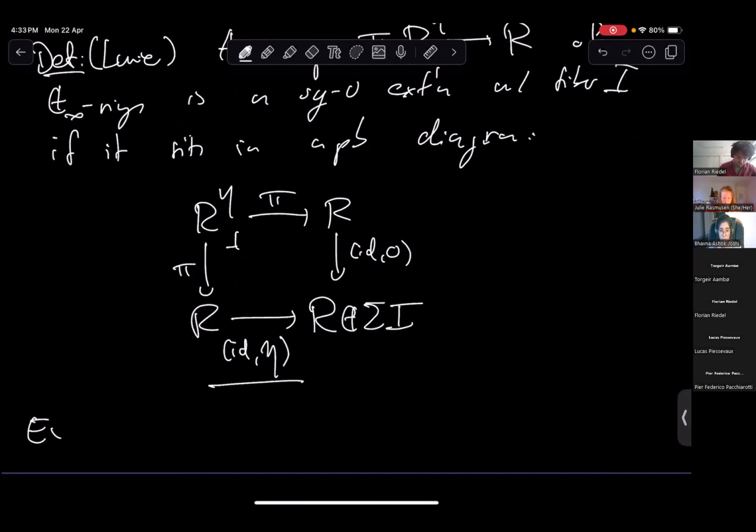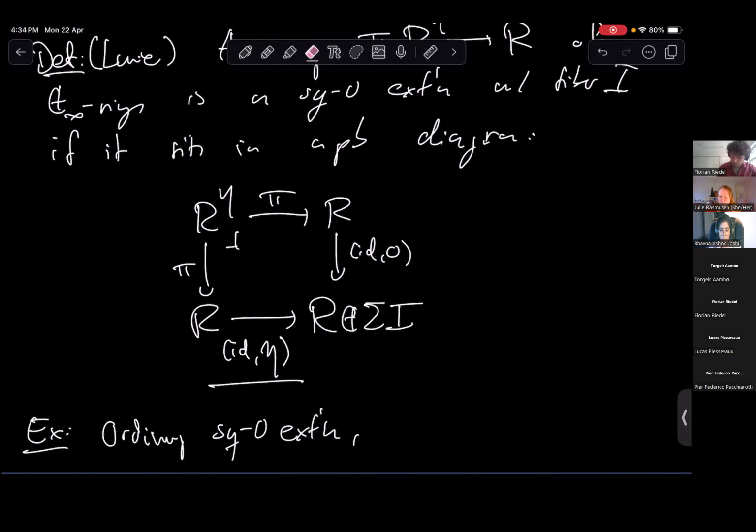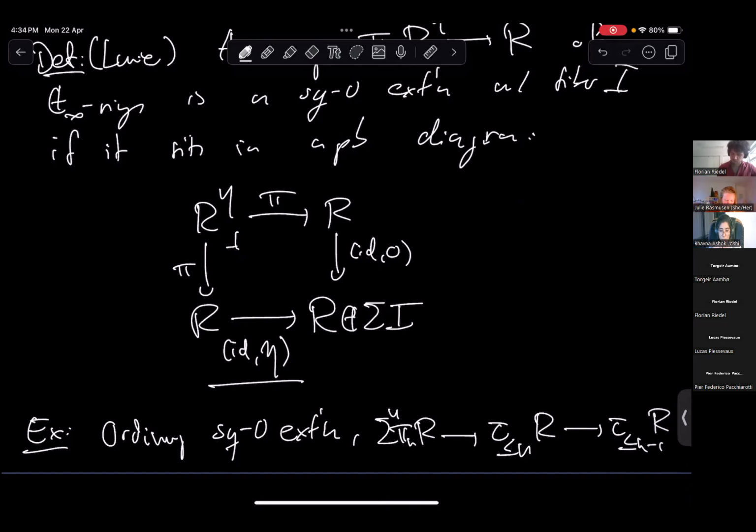And the reason I'm telling you is that examples of this are ordinary square zero extensions. And more crucially, this now allows us to take the Postnikov truncation of a ring, and this will have fiber pi n of R sitting in degree n. So any connective infinity ring you can think of as being built up iteratively by attaching the homotopy groups in a square zero way.